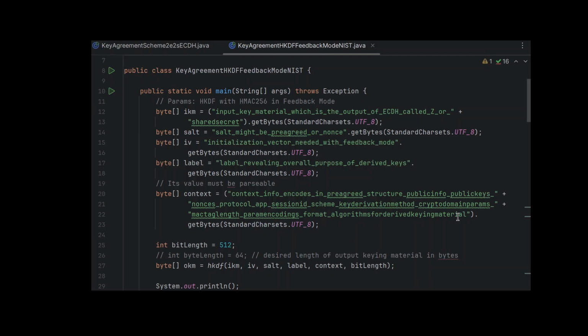a protocol or application that is implementing this key agreement, session ID if available, what is the scheme being used, same for the derivation method and the domain parameters. If key confirmation is used, then what is the length of the MAC tag, what is the encoding for these parameters being specified here inside the context, what format is being used, and